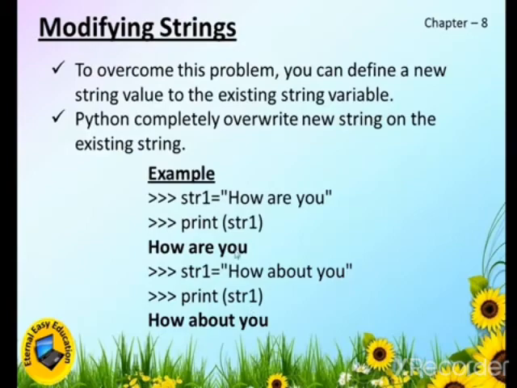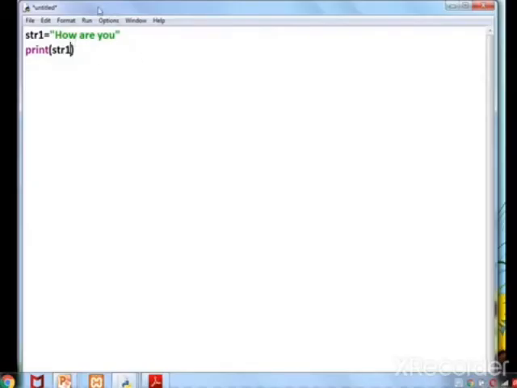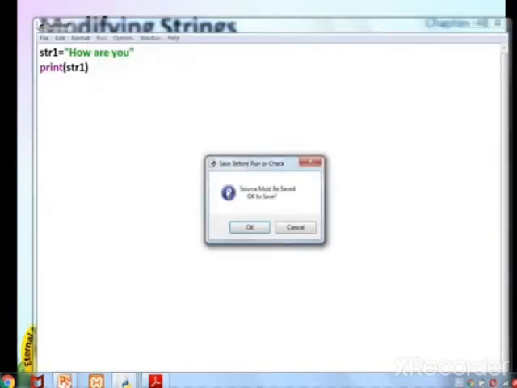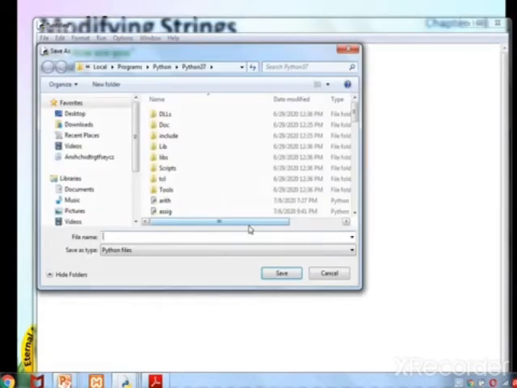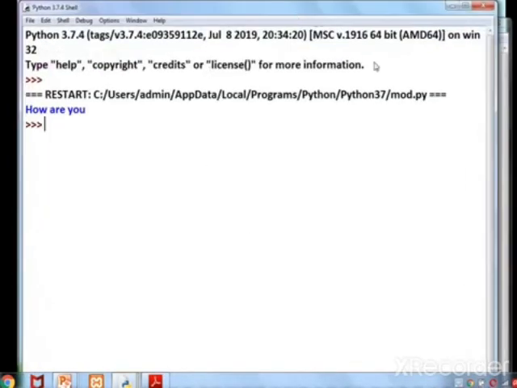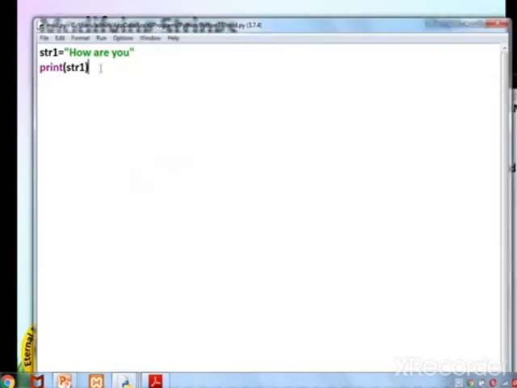It is not allowed. See this example, str1 equals how are you. We ask to print str1, so it is printing the statement.